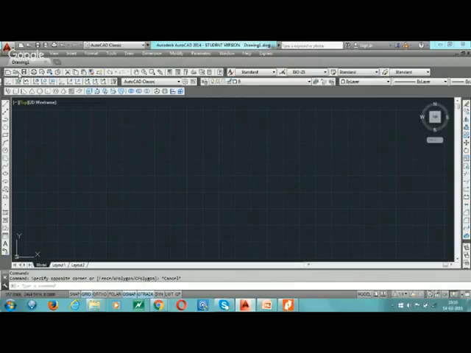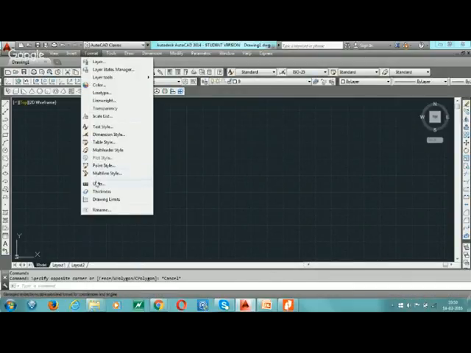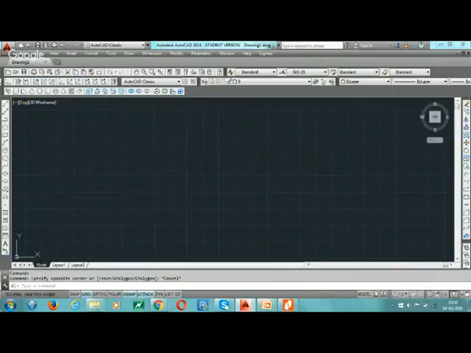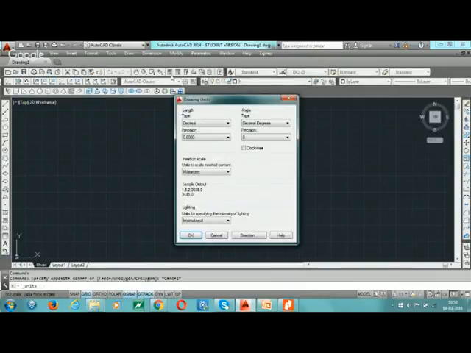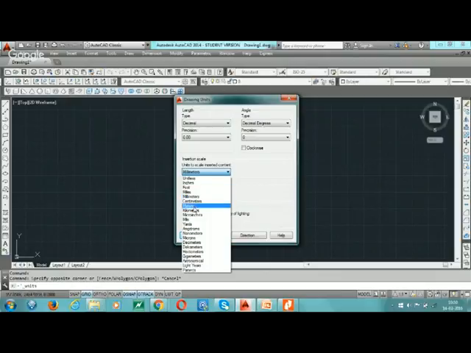First we talk about the units. Go to the format command, go to units. Now we use decimal, engineering, whatever our drawing requires. First we use decimal units, with precision according to our requirement, and we work in inches or in millimeters.